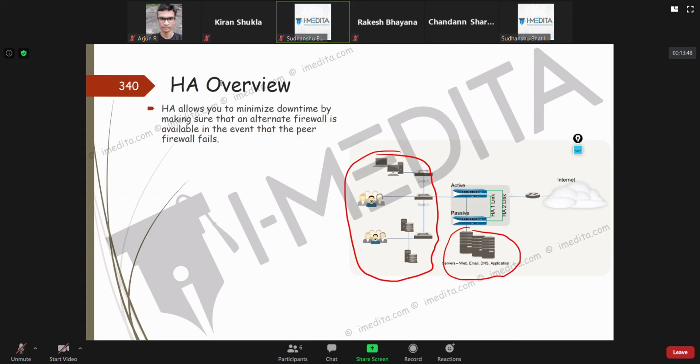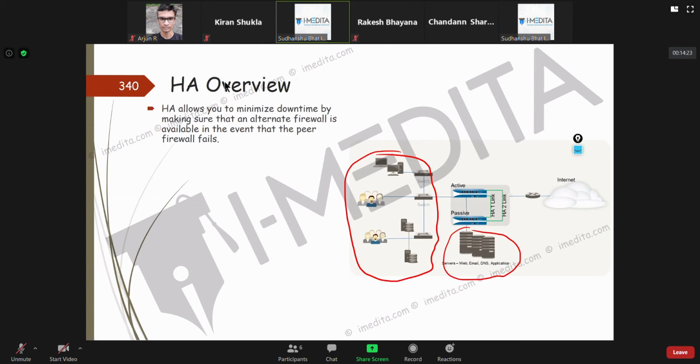Sudhanshu, is there any other prerequisite for those devices, like related to different versions? I didn't get you. Suppose one device has one version and the other device has a different version. Will it work? No, it won't work.